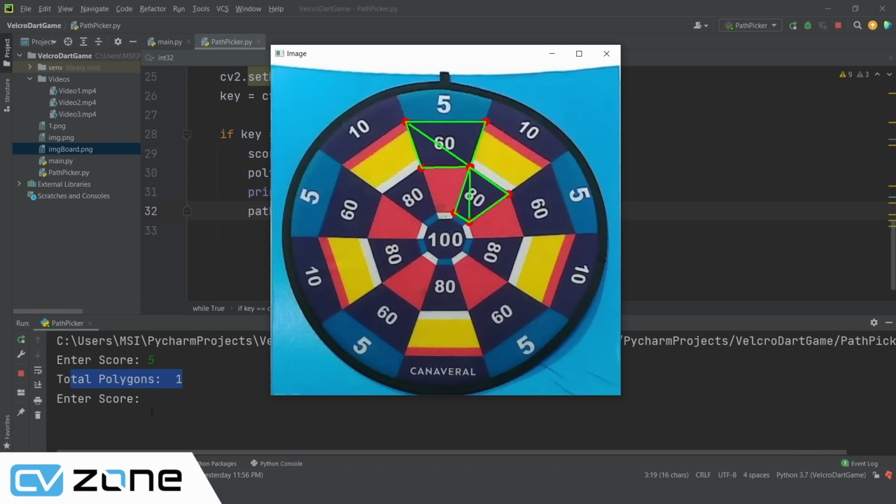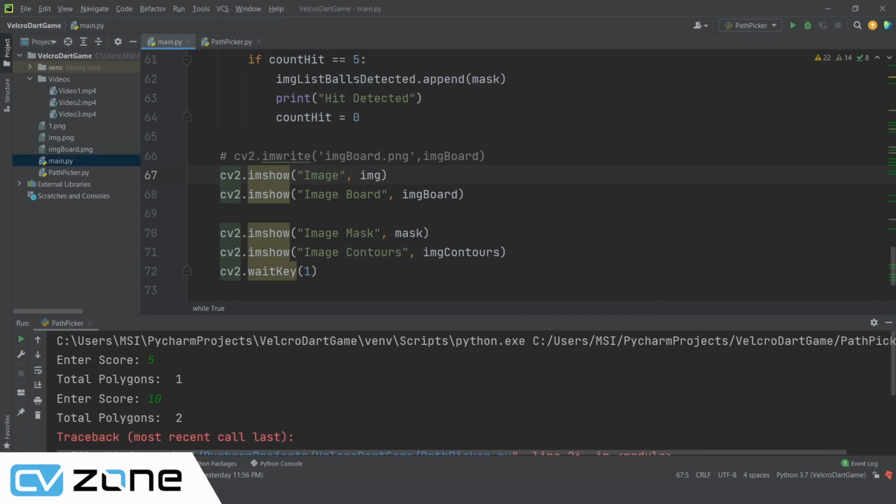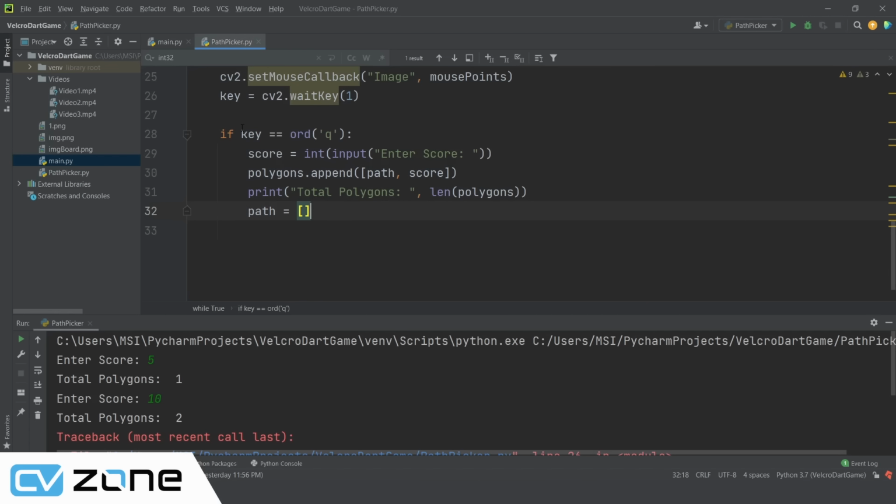I can press Q, it will ask me the score. I will say 10, and now total polygons is 2. But then we need to save it in a file so that we can import it to our main file here. So what we will do here is that we will write if our key is equals to ORD,